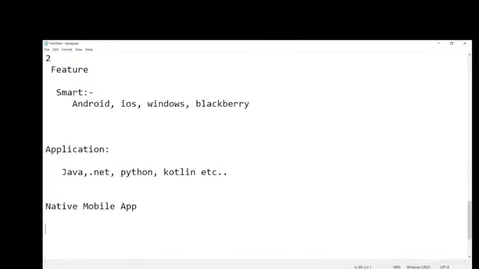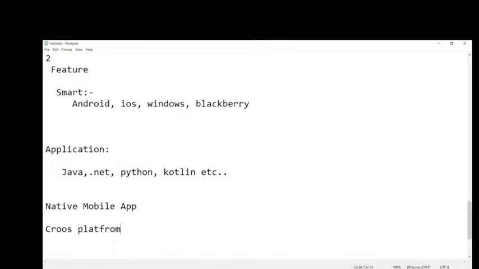But is there any platform with which I can create both apps at the same time? Yes, obviously, that is cross platform. As I already mentioned yesterday in answer to someone's doubts, a native application is suitable for a specific environment. If I want to build an Android application, I can use the Android setup.